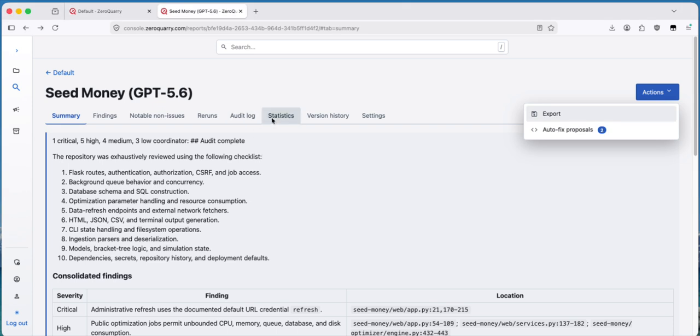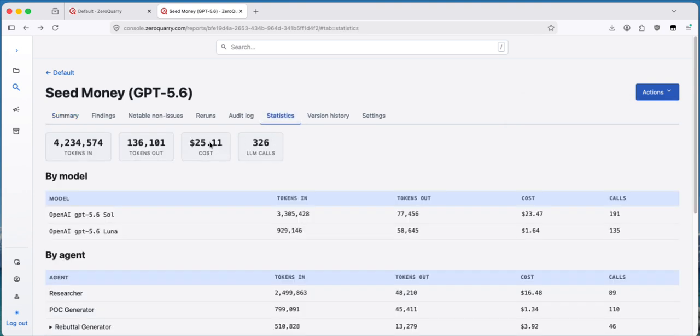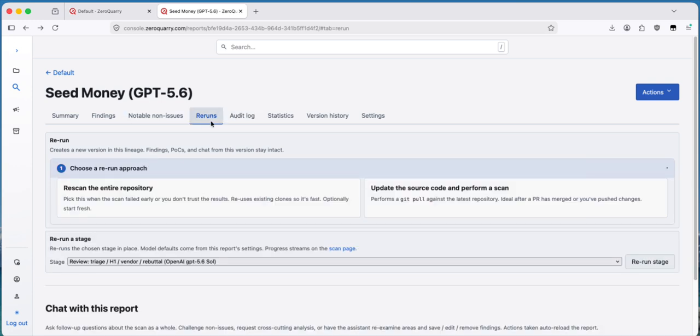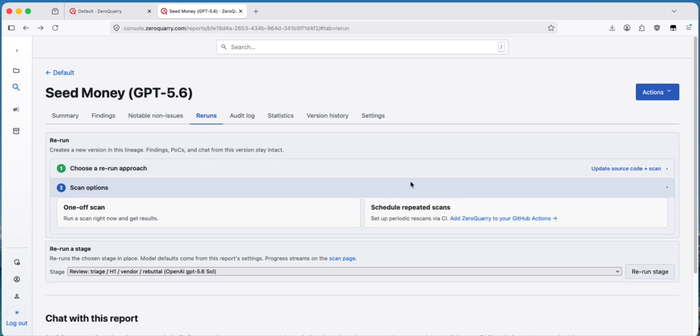This scan took tens of minutes instead of multiple days or multiple weeks. Instead of costing thousands or tens of thousands of dollars for a scan, the total cost is in the tens of dollars potentially, or a few hundred for a much larger code base. And what you would normally do with this is you'd actually choose to rerun this. So customers often ask, did you address the security findings that were part of the pen test? And what you can do is have it rerun a pull against the code base first, and then